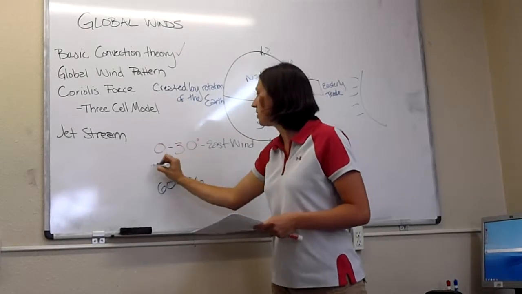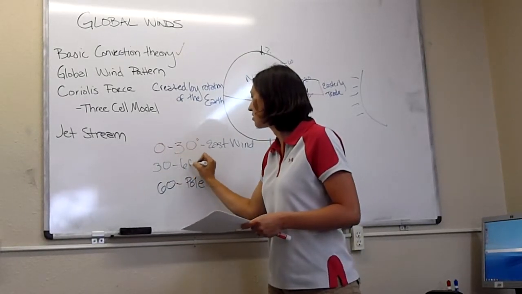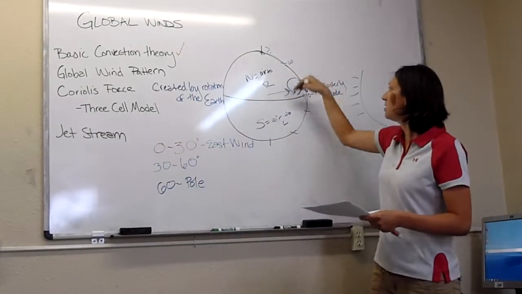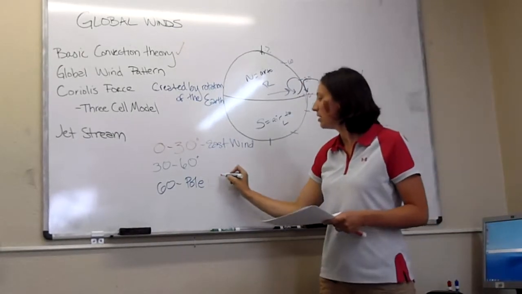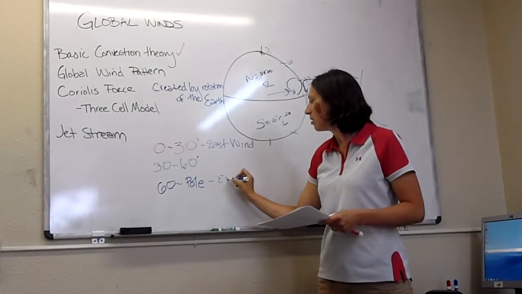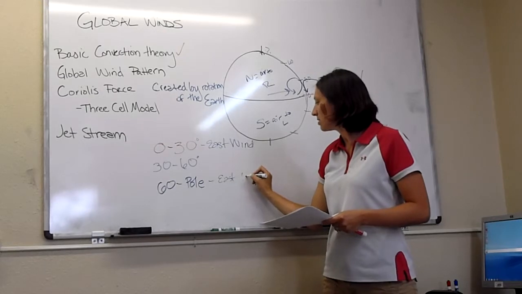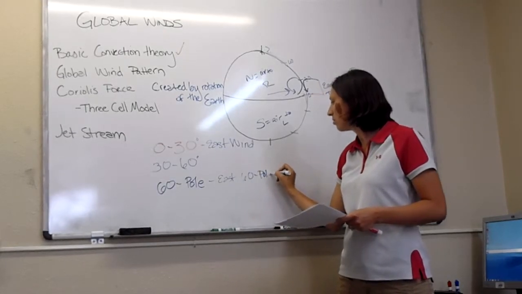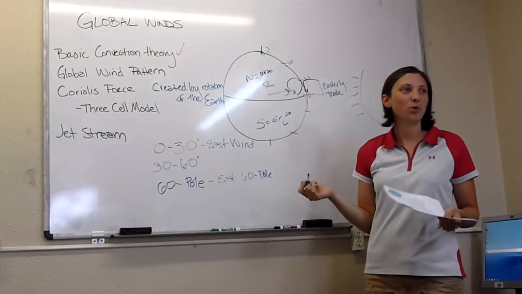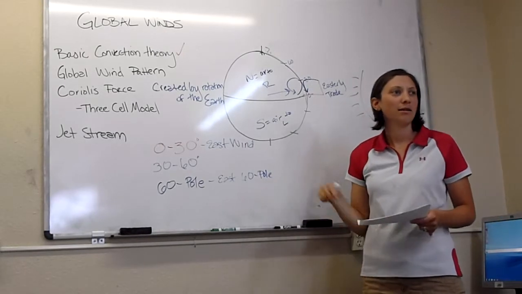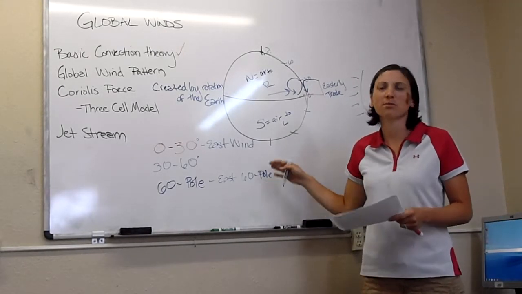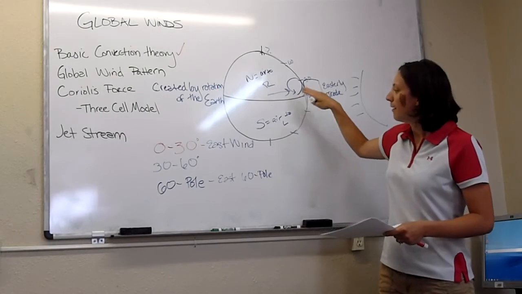So what's happening between 30 and 60 degrees? If it's going east in 30 to 60, and it's an east wind in the 60 to the pole, is that 90? The pole, 60 to 90? It didn't give it a number, it just actually said the pole, but in the books. But so between